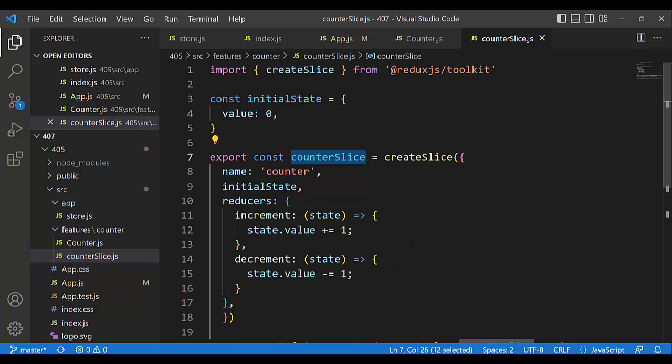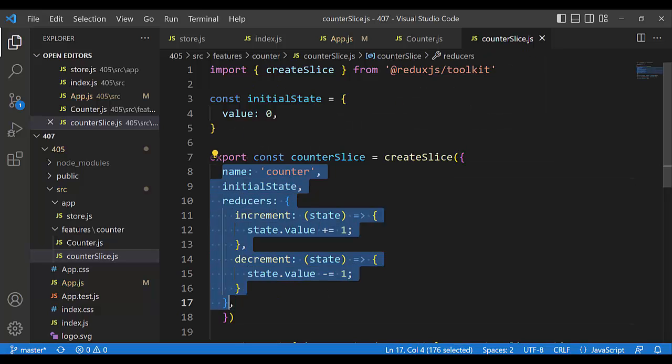Export counterSlice equal createSlice function, the createSlice function that we import from Redux Toolkit. createSlice takes a parameter inside curly brackets. It is all inside curly brackets, which means it is an object,